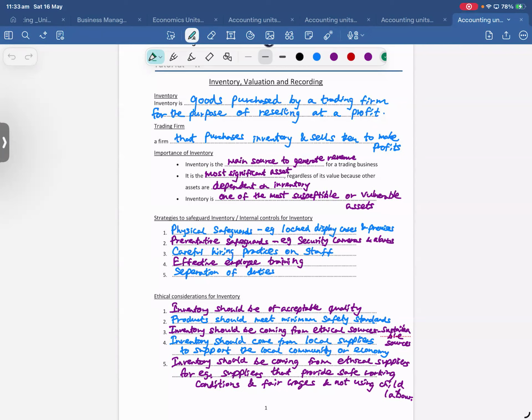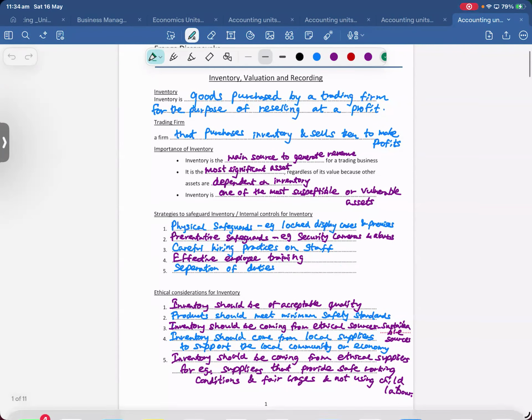Okay. So that is actually the introduction of the inventory. The rest we'll do next week. So how are units 3 and 4 like